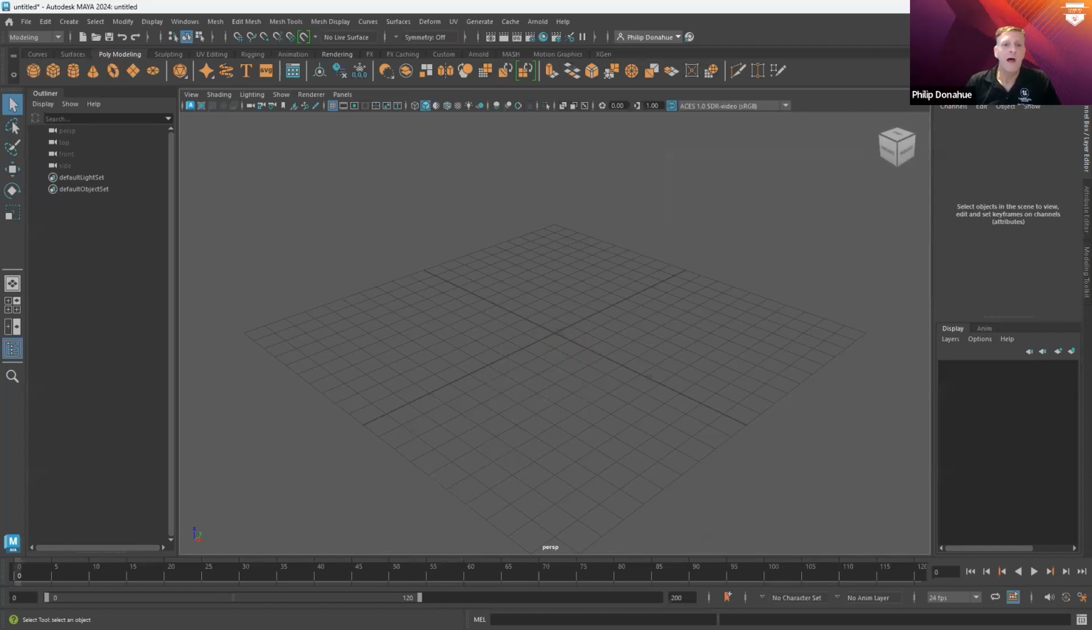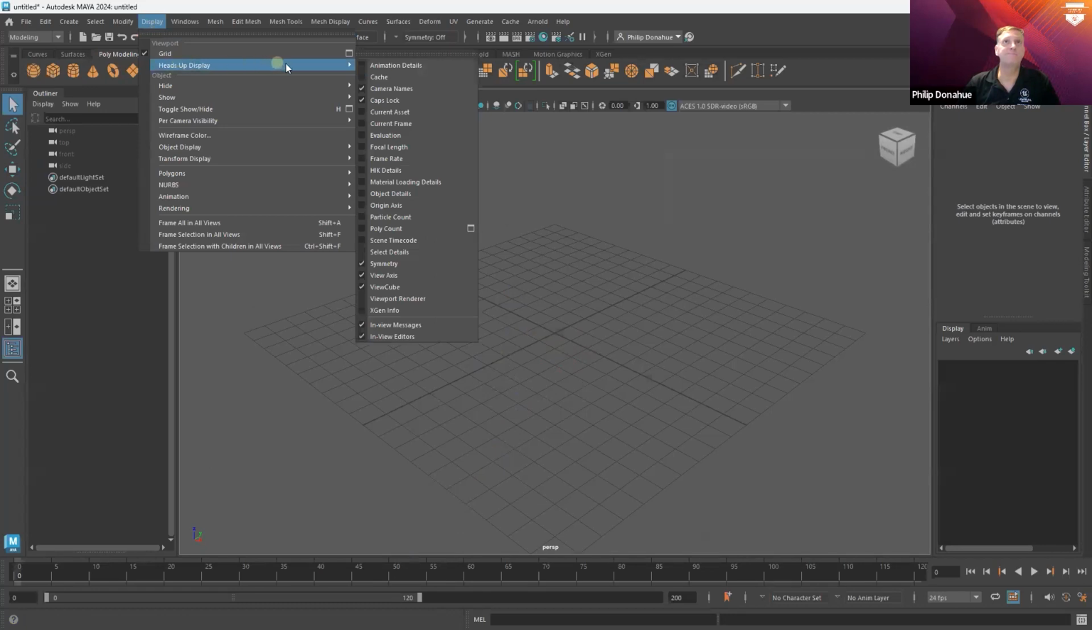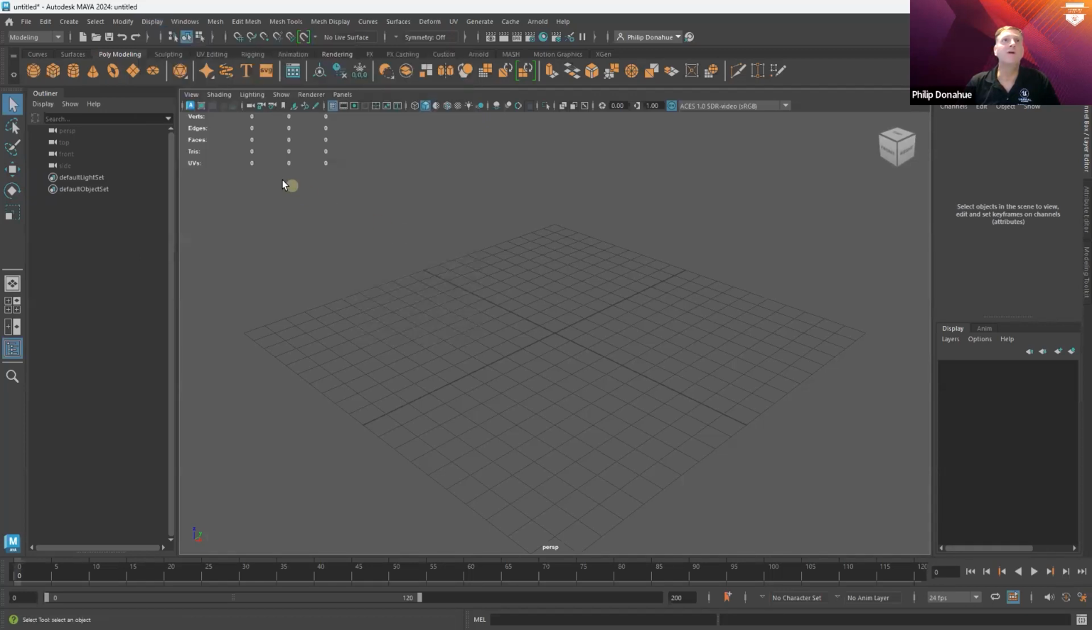So another thing you can do if you want to keep an eye on your triangles is to go to display, heads up display, and then I'm gonna look at poly count here. Okay, so here we go. So this is going to show my triangles and such. So if I were to bring something in,